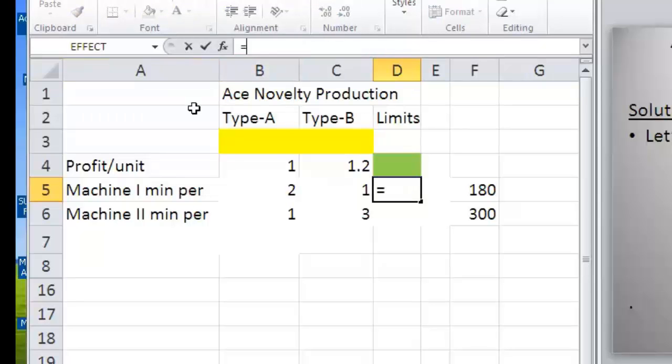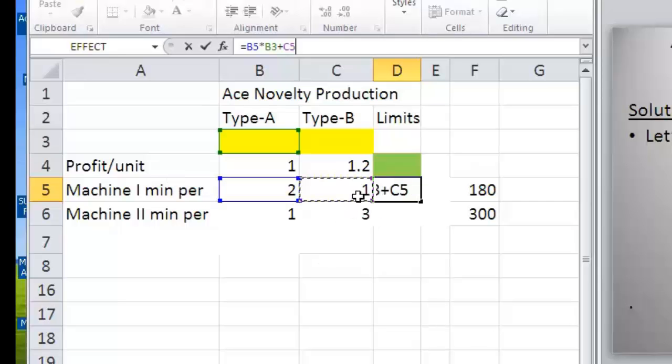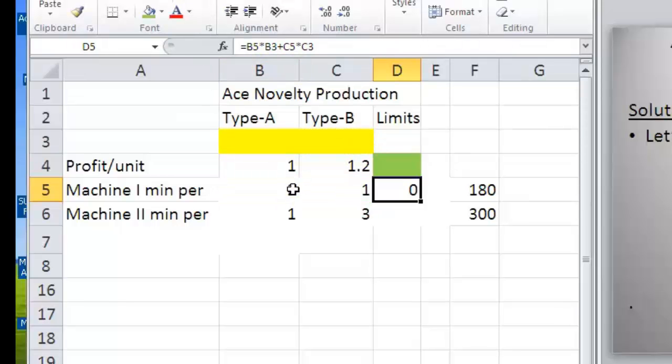And that function is defined by the number of minutes it takes to manufacture that type times the number of that type, plus the number of minutes to make the other one times the number that he manufactured, and then add the two of them together. And so that will generate how many minutes of machine 1 are used when I achieve the optimum solution. I want to make sure that that is less than or equal to